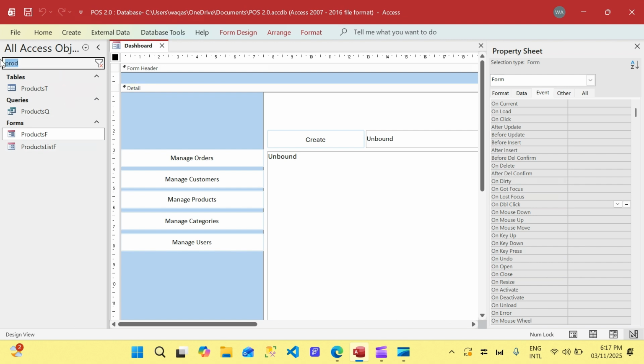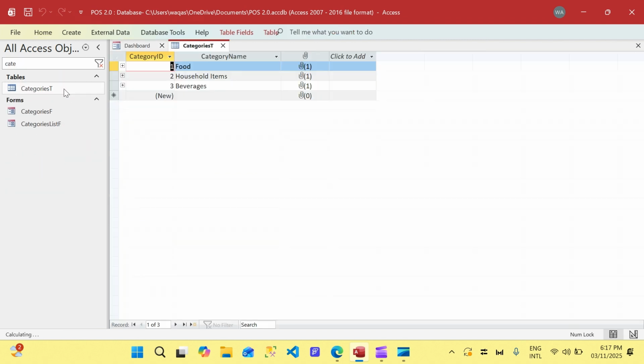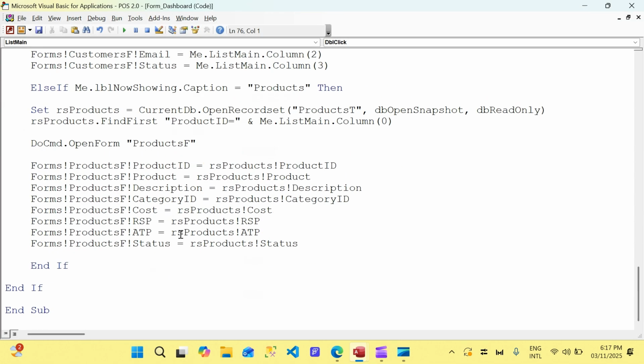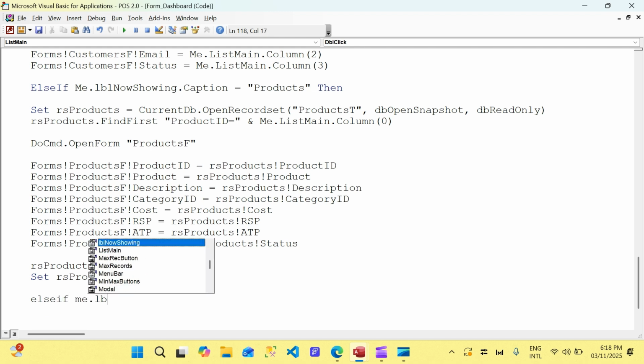And the good thing is categories literally has two fields. Okay, so we'll go to categories, double click event, dot, dot, dot. By the way, don't forget to close this record set. I have not closed it. So RS products dot close, sorry. And we'll say set RS products equal nothing. All right, and then we will have an else if statement,